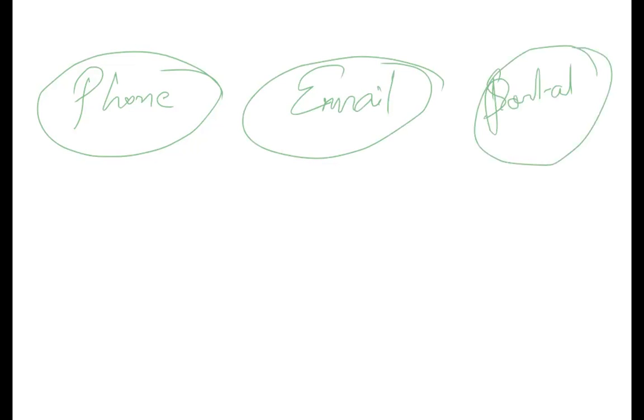What can be the different channels in which customer can reach you? The most important is phone. They can call you. There can be a customer support number which they can call, just like Vodafone, Airtel, and everything is there. They can write to email also. Many times you can see that they say write a mail to support@vodafone.com, right? You can write a mail to them also. And self-service is also there. Self-service is portal, right? If you go to their airtel.in or vodafone.com, you can raise a ticket there also. You can say that this is my problem. So it is a web channel. So 3 channels I can see: phone, email, web.